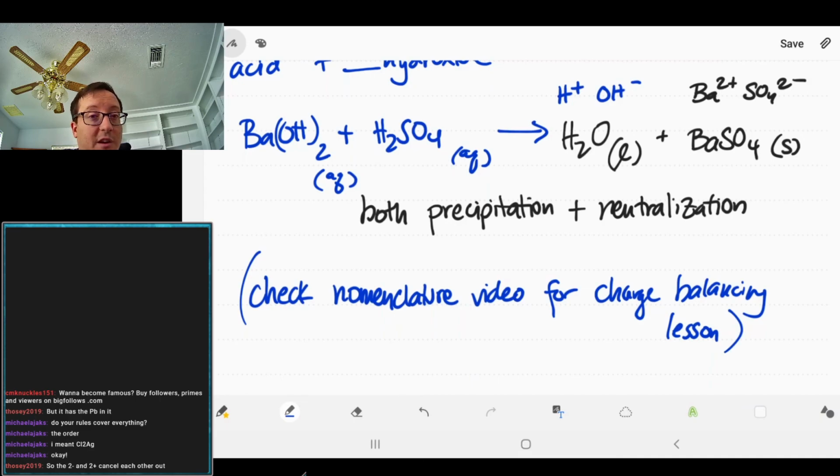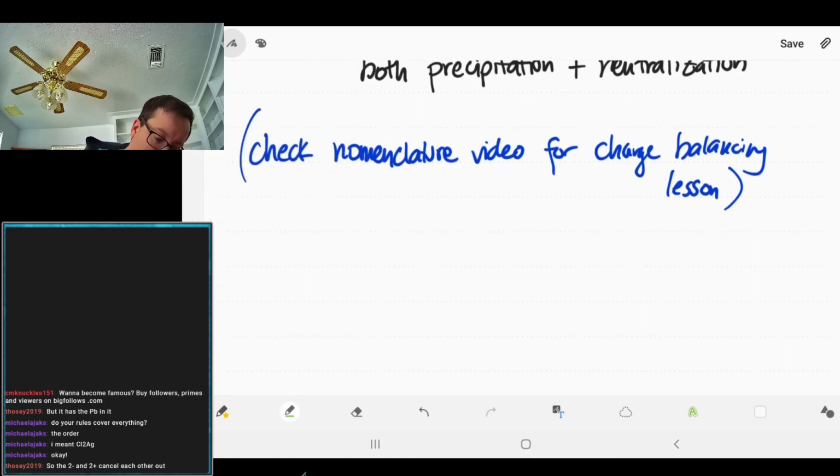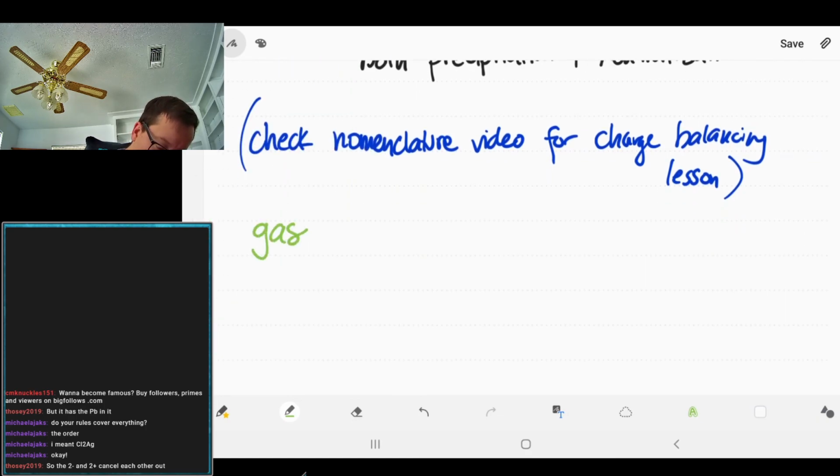All right, so we've talked about solids, we've talked about liquids, we've talked about aqueous things. The last things we have are gases, and we don't have much time. I'm going to just put them out for now, and then we'll talk about them on Thursday. So we're going to see gases in these replacement reactions are going to be